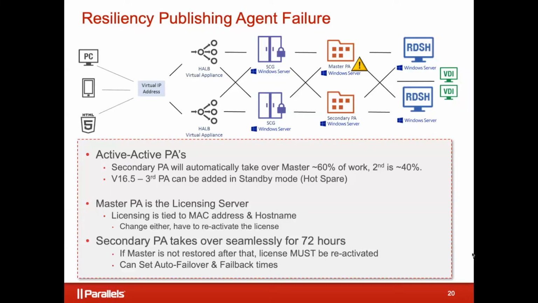But the fact that it's tied to the MAC address and host name of the publishing agent server is why we also get that little warning when we install RAS that says, if you're using virtual MAC addresses that switch around, this might be one server you don't want to do that with, because if the MAC address changes, it doesn't kill it, but it shuts it down and you'll have to reactivate the product, which is kind of annoying. I like to make things easy if I'm administering stuff.